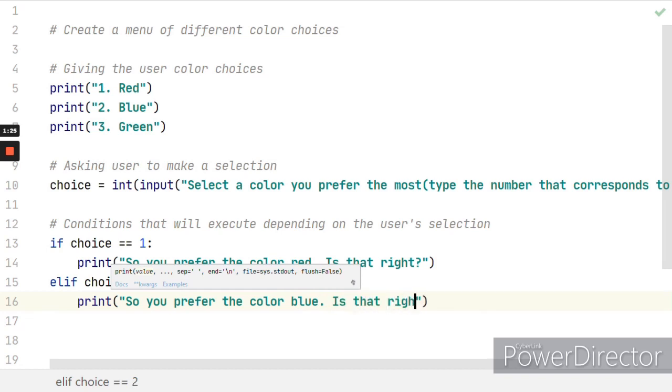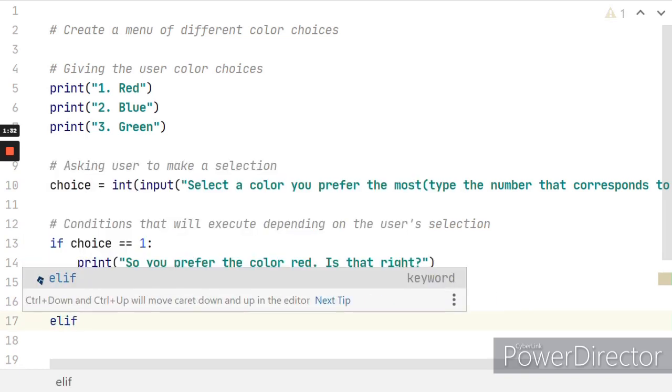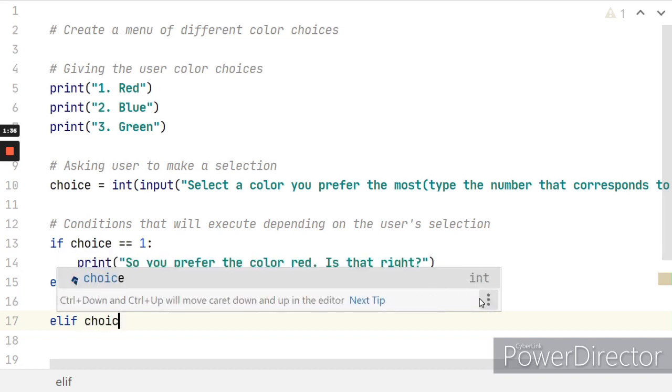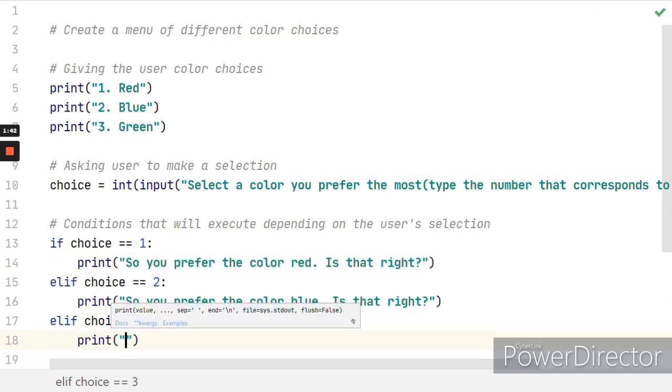Then we will do another elif, because else is going to be for an invalid value. So elif choice equals 3, then print, so you prefer the color green.